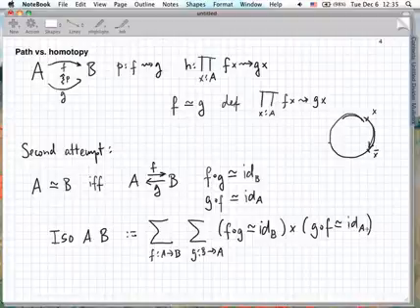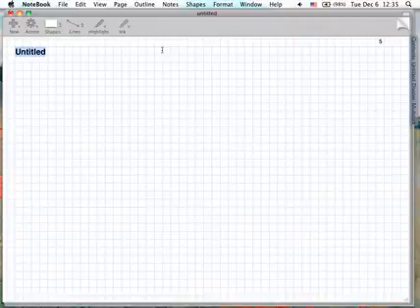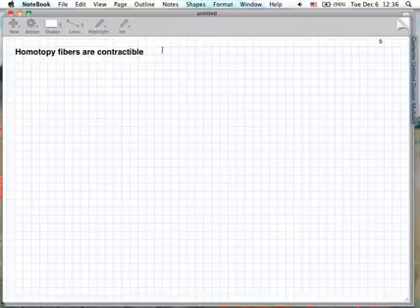There isn't much change from what we had before. I just changed the path to the homotopy. But there is a third way you could do this. And that's when you say the homotopy fibers are contractible. Now, to see what that means,